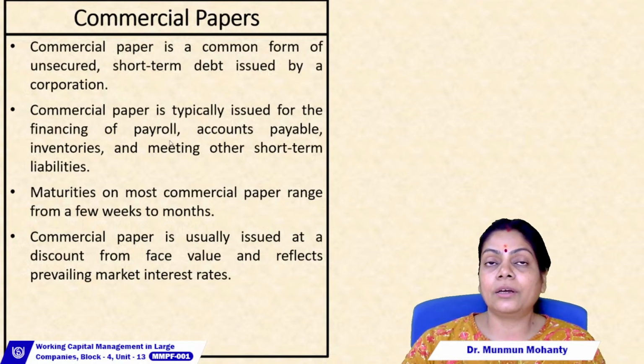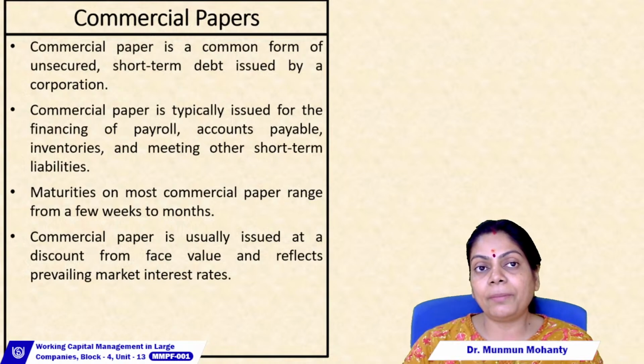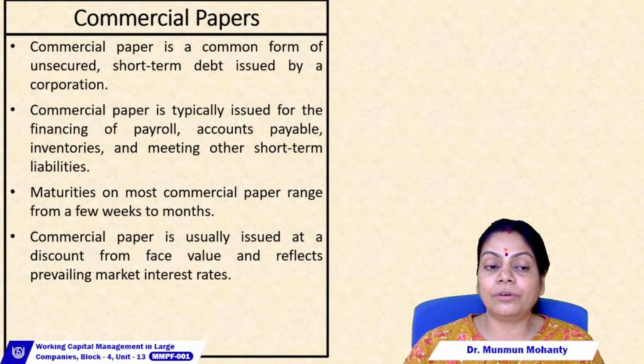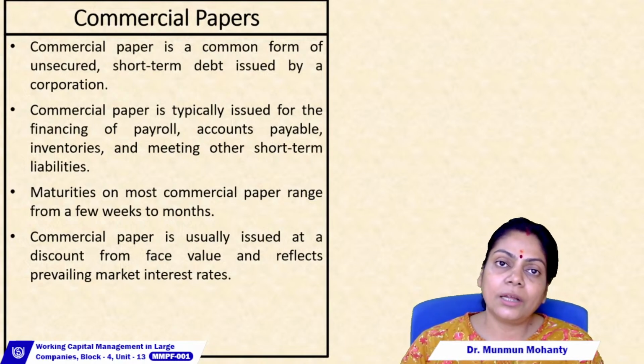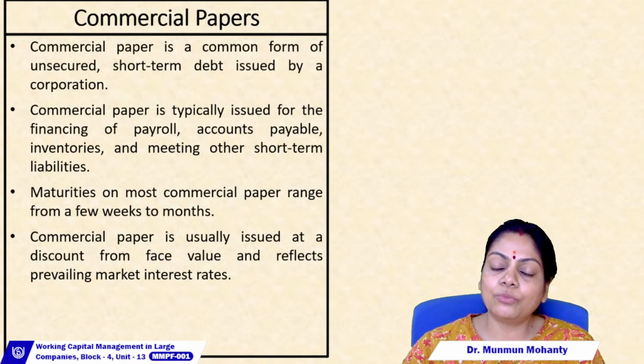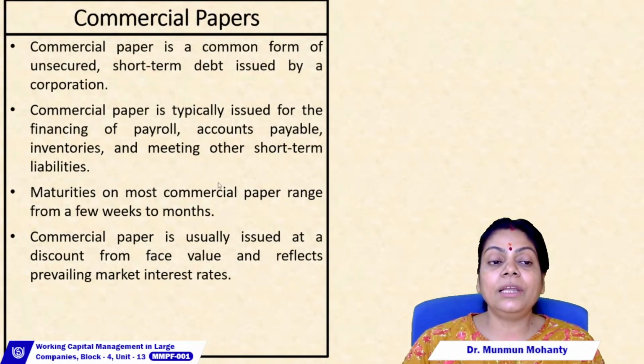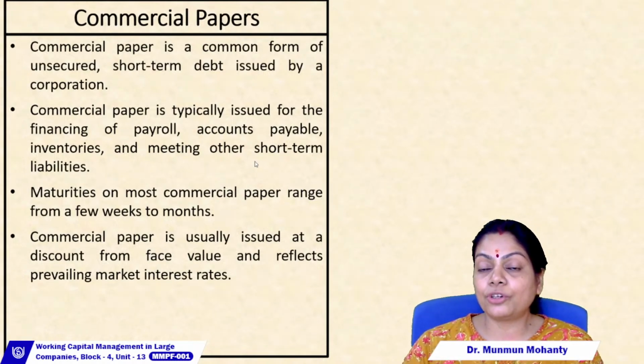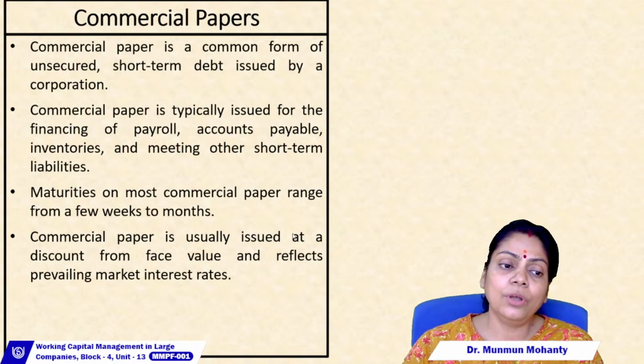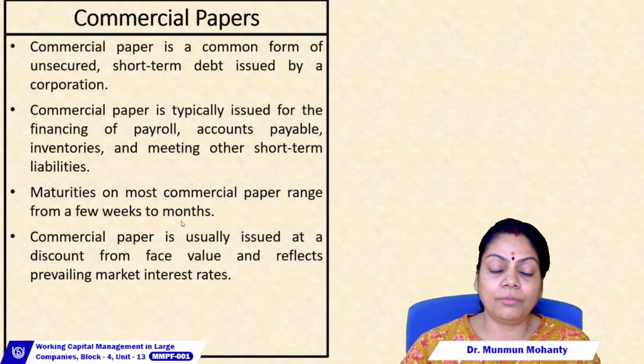Suppose you have a long-term liability of 5 lakh rupees that is going to last 5 years. If you are going to make that payment from commercial papers, then in 1 year you have to return the payment to the buyer. So what will you do then? You'll run into problems of refinancing. So basically, it is done to meet short-term liabilities. It ranges from a few weeks to a few months, the maximum being 1 year.